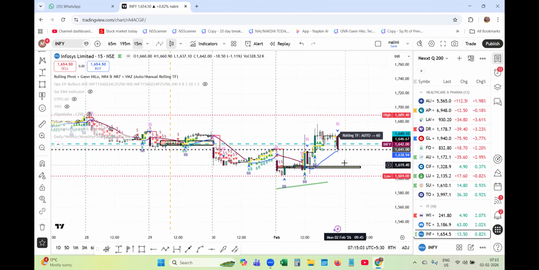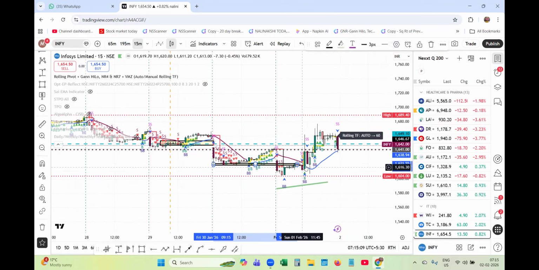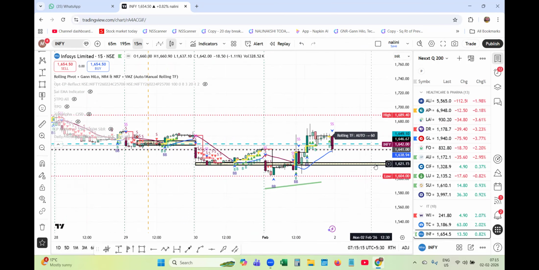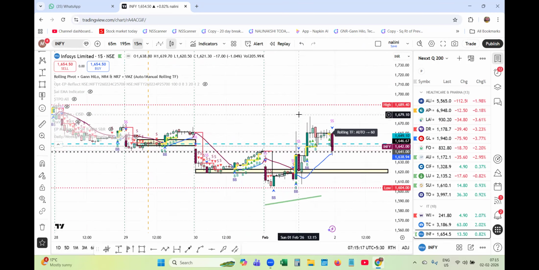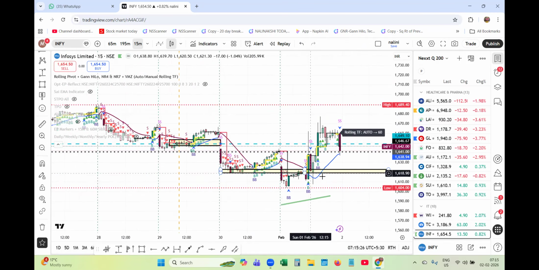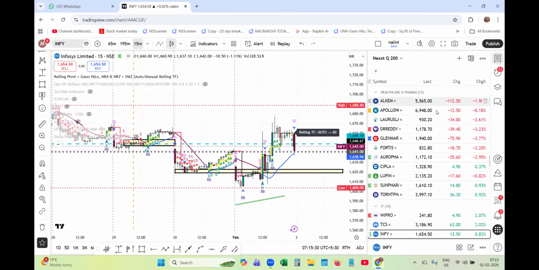It is positive. It may come down. It doesn't mean that it may come down even to this level. At 1625 to 1640, then you can consider the movement. Already it has closed at 1654.42 on an intraday basis. IT stocks are better. That's what I've seen in the IT stocks.